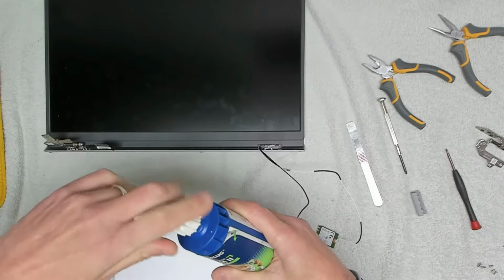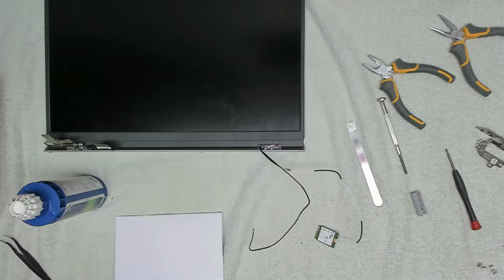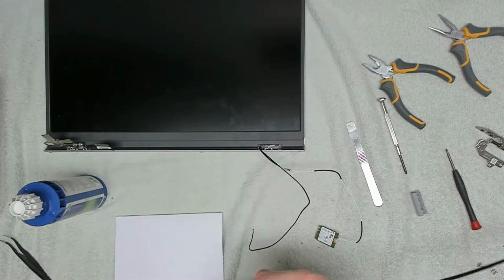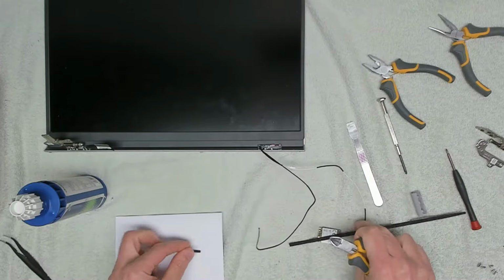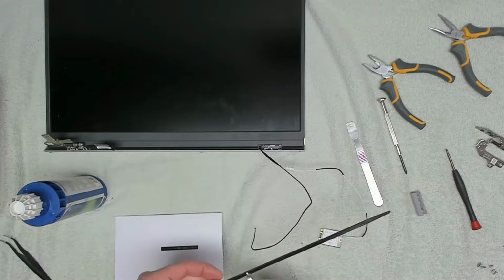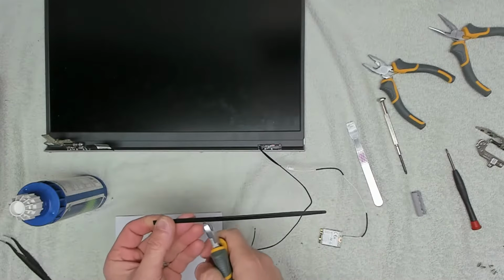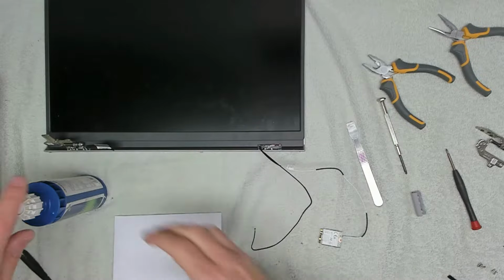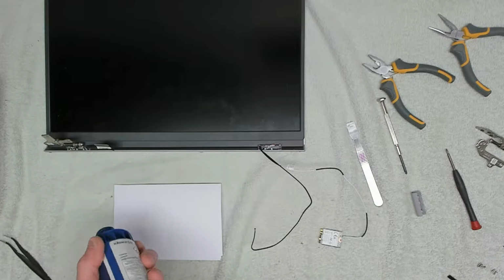So what we're going to do is we're going to take a little bit of this. Before I open the lid, I'm going to cut myself a couple of strips of cable tie, which I'm going to use to mix it up and then to add. So I'm just going to cut a couple of strips of cable tie up. Let's do 3. And then I'm going to take some of this stuff and I'm going to push it